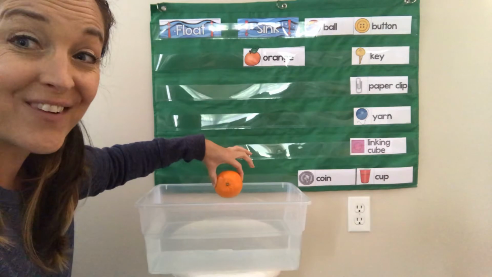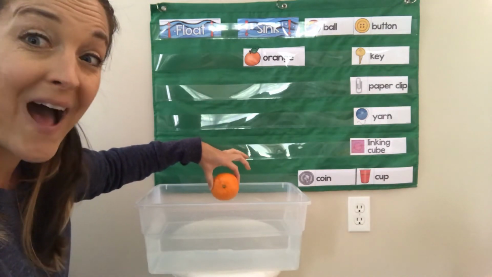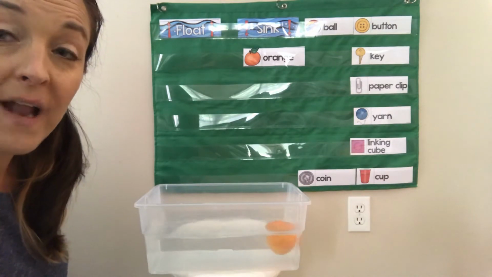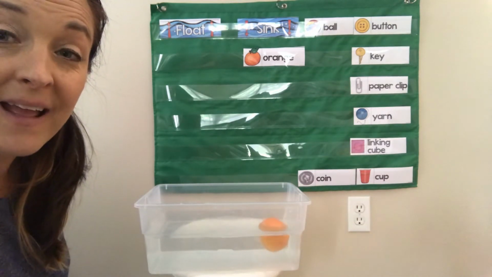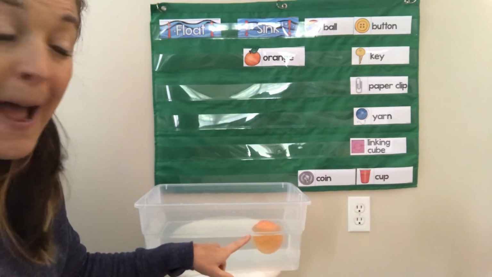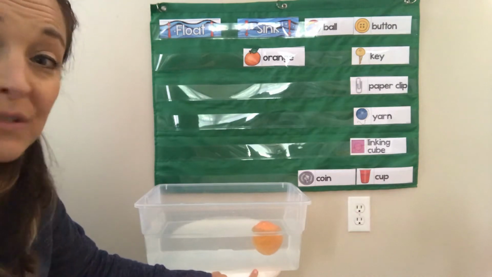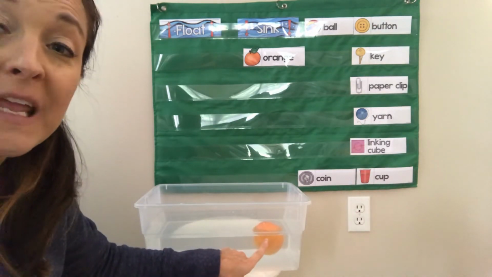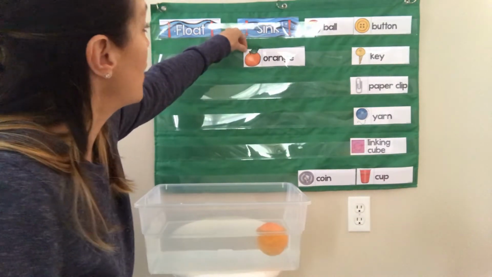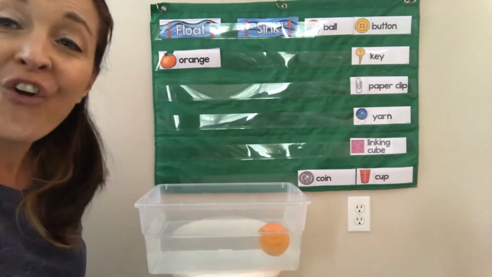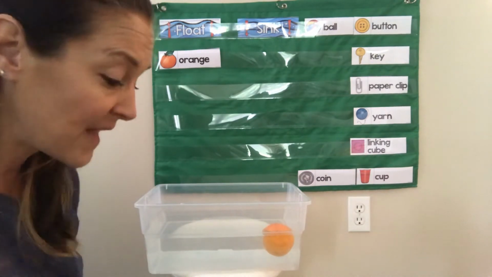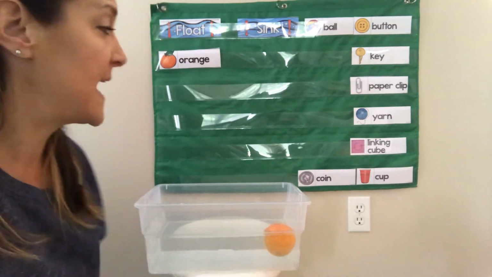Here we go. 3, 2, 1. What is it doing? It's staying at the top. It did not go to the bottom. It is floating. So friends, we need to take our orange picture and slide it over. An orange floats. Great job. Okay, let's get the next one. Let's do